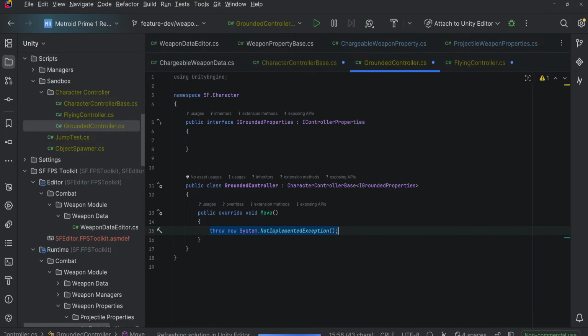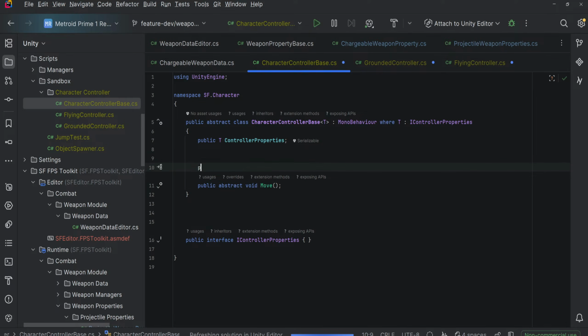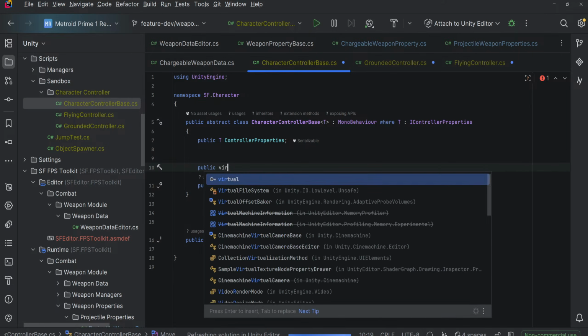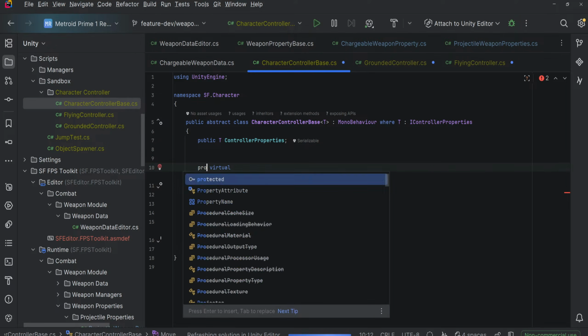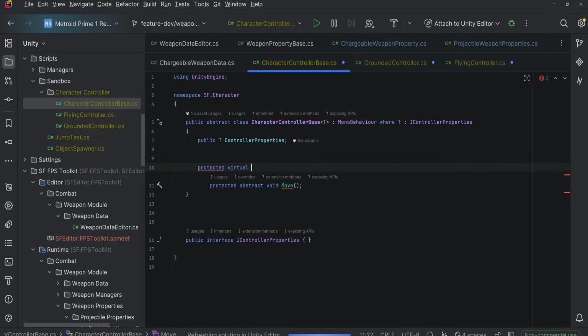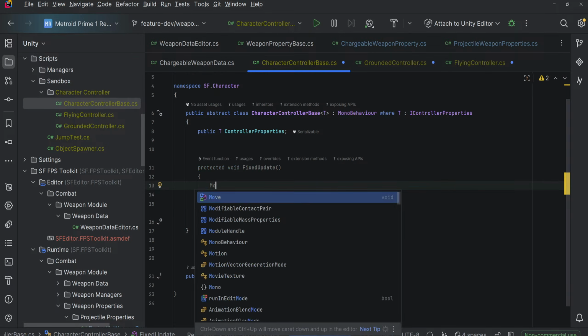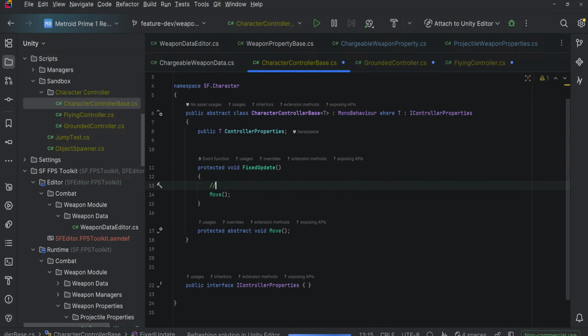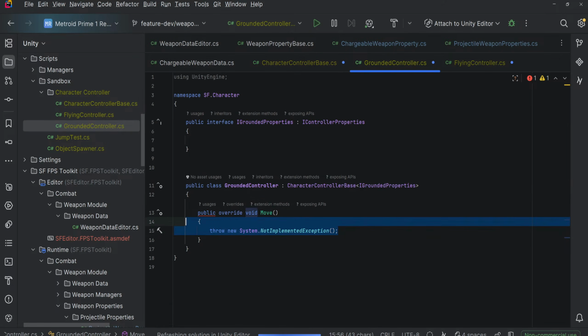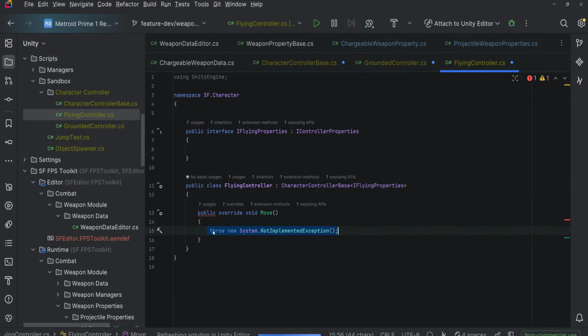But we would have it where I could have public, let's say virtual, or actually, yeah, I guess virtual. Wait, actually, no, these need to be protected. Void, we'll actually do a fix update here. Now I can do any calculation here, and both the flying and the grounded controller will both actually use its